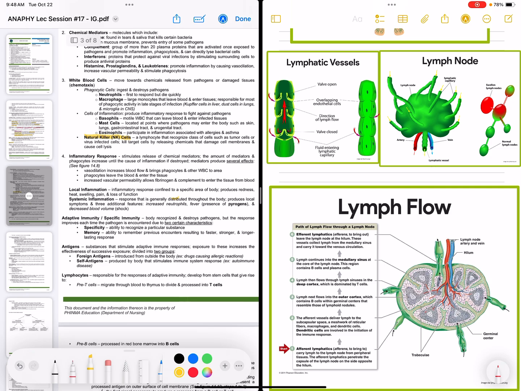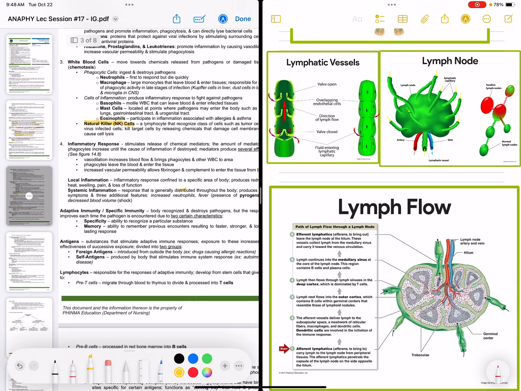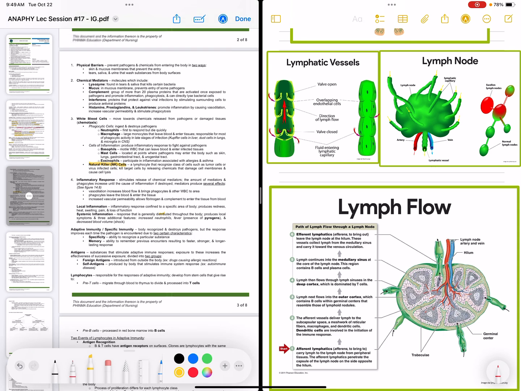Okay? So, may makita galing inatawag na local inflammation and systemic inflammation. Ang local inflammation is inflammatory response confined to a specific area of body, produces redness, heat, swelling, pain, and loss of function. And systemic inflammation, a response that is generally distributed throughout the body, produces local symptoms and 3 additional features. So, increased neutrophils, may fever,